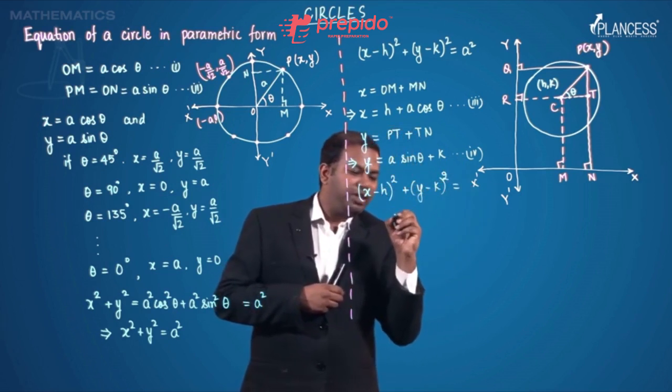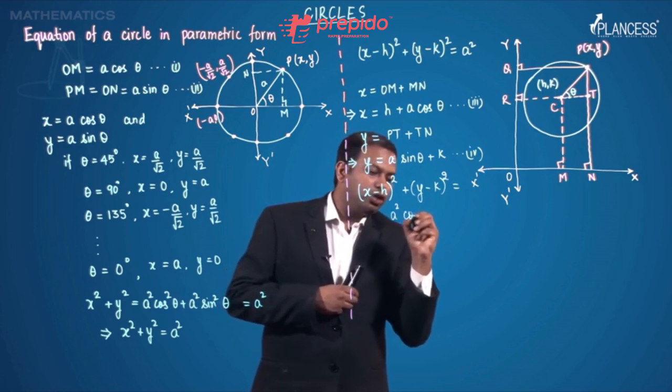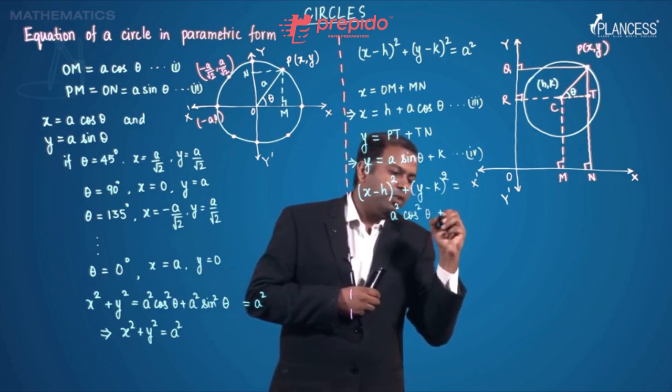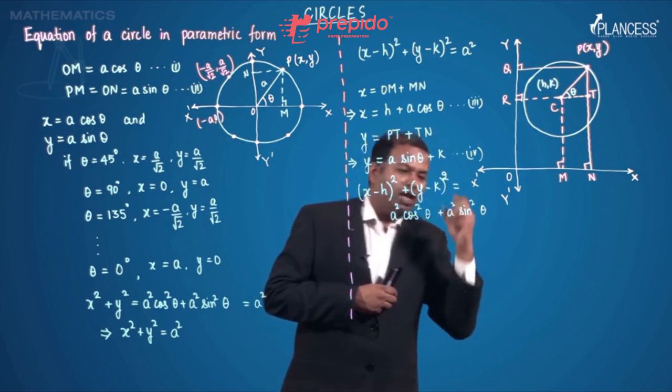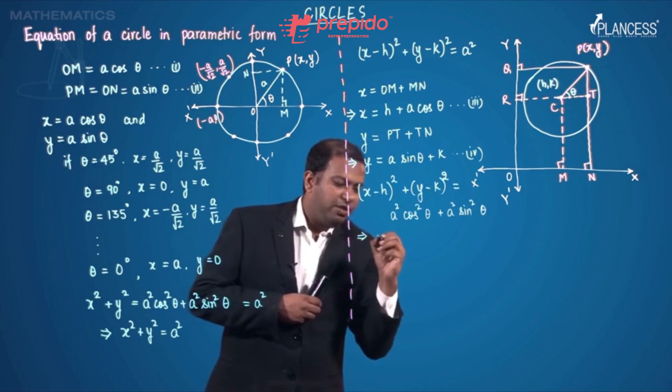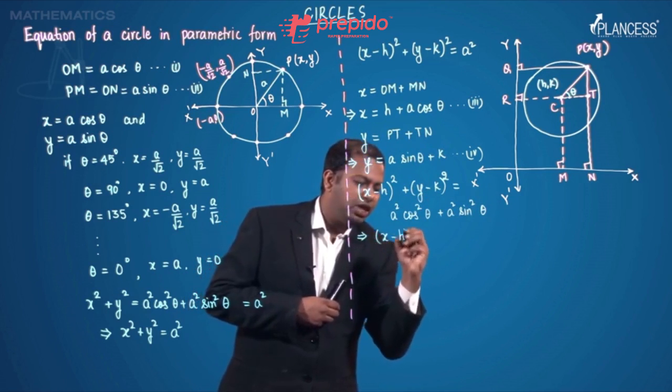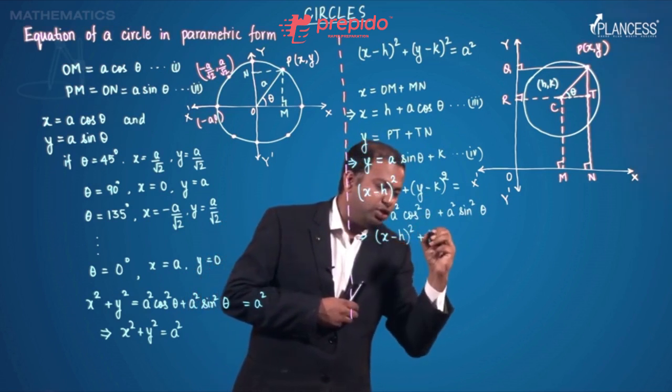So what will be left is a square cos square theta plus a square sin square theta on the right hand side. If we simplify this, we have the equation of the circle, which is written up on the screen,